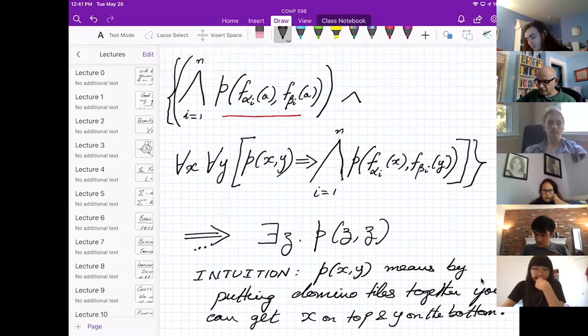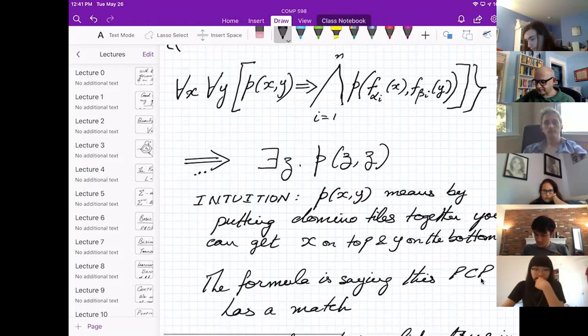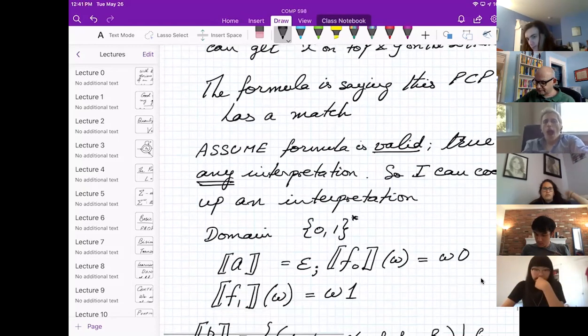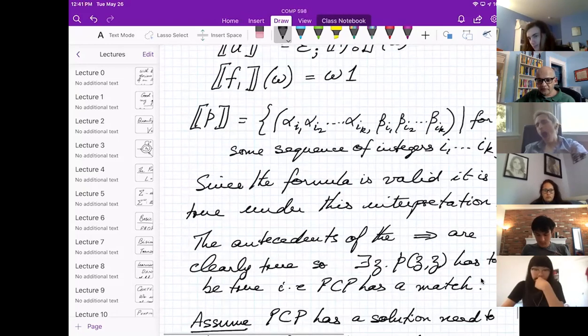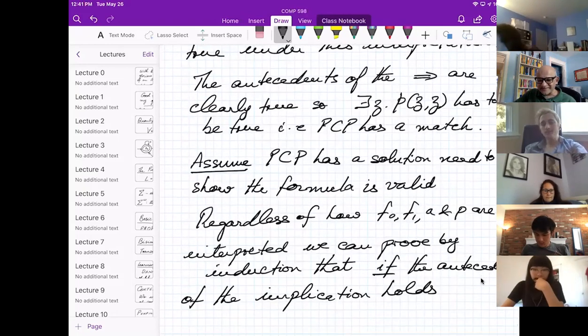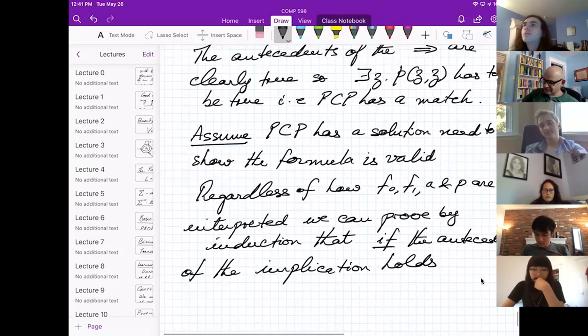Okay, so all this is in our toolkit. We know these things are true. How do I know those things are true? That's what if means. So we can easily prove by induction